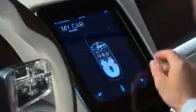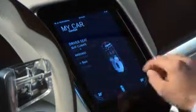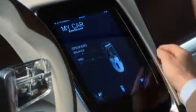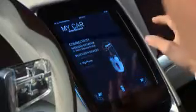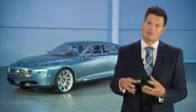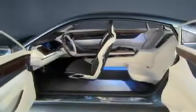Simplicity has been something of a watchword when they developed a completely new pad technology. In principle, 2 touchscreens replace all the buttons and knobs in the car. The interior uses a new system which actually gives the driver and passengers command of information that they can actually send to each other. You can see this via the lighting in the center console, but also it gives you